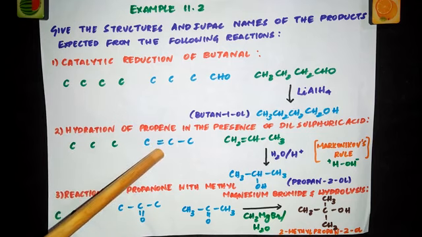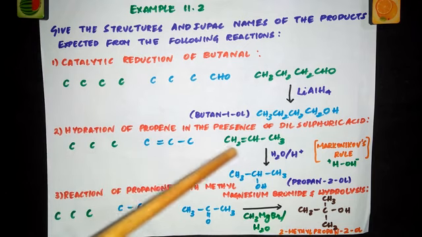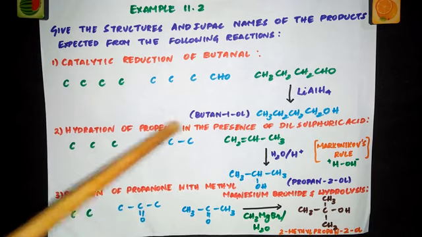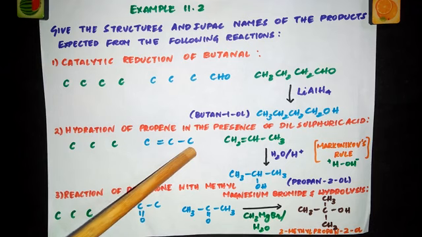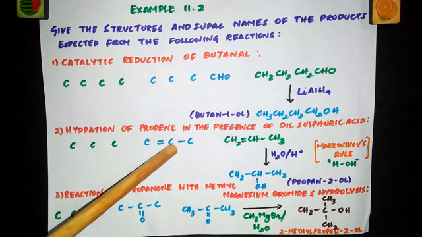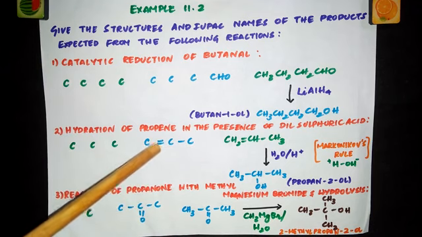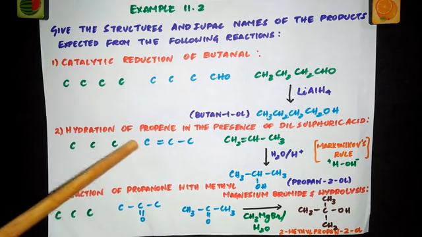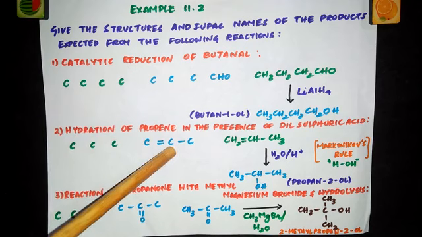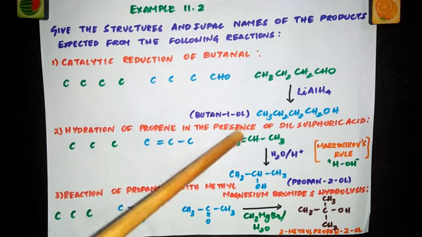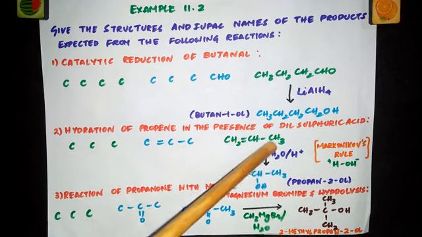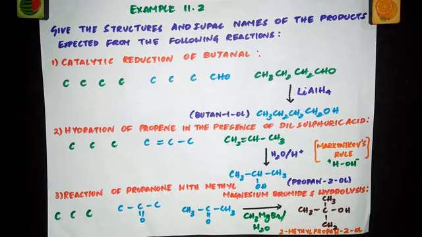So after writing the double bond, you have to write the hydrogens. As I told you, the first and the last will be having 3 hydrogens, and in the middle you will have 2 hydrogens, but here we have a double bond. So when you are writing a double bond, reduce 1 hydrogen. So here you will be having CH2, here CH, and here CH3. So CH2, double bond CH, single bond CH3. Now we are ready with the starting compound, which is propene.